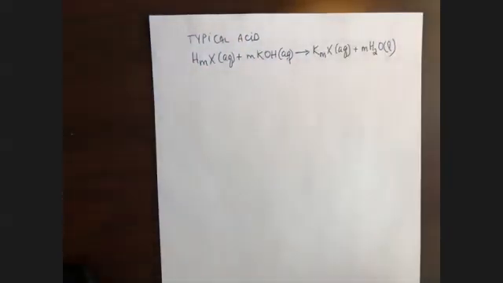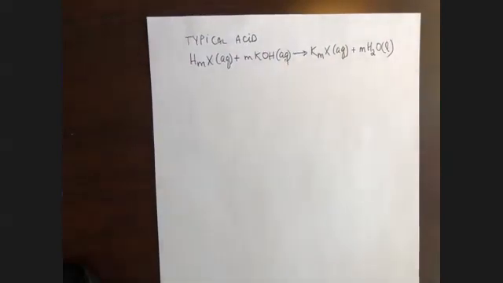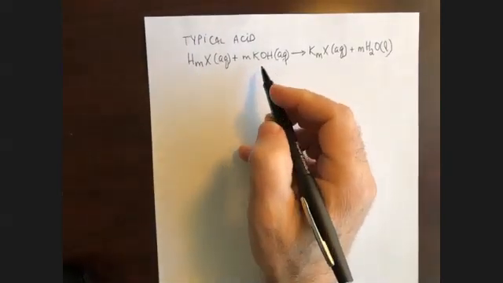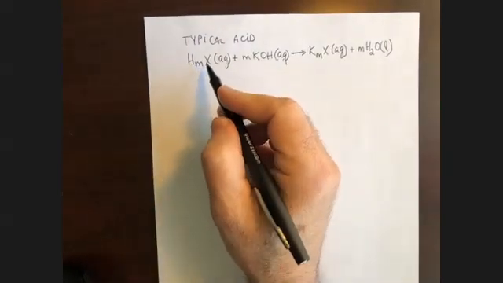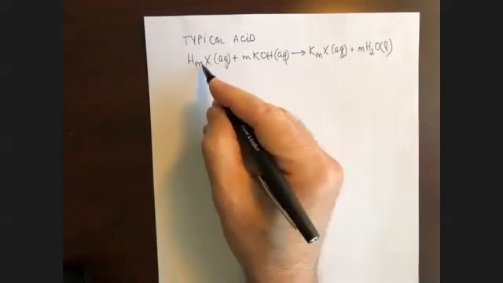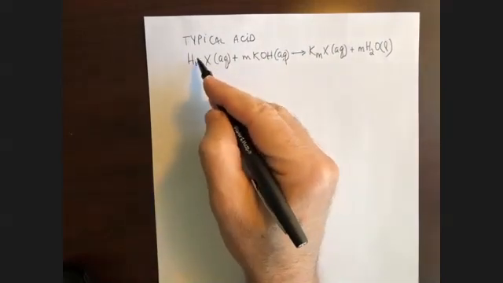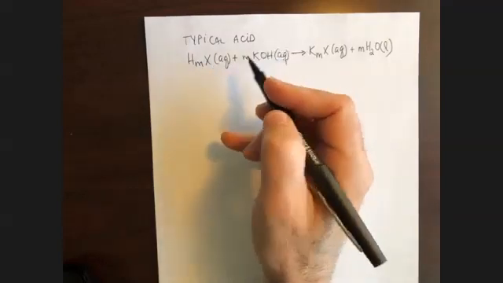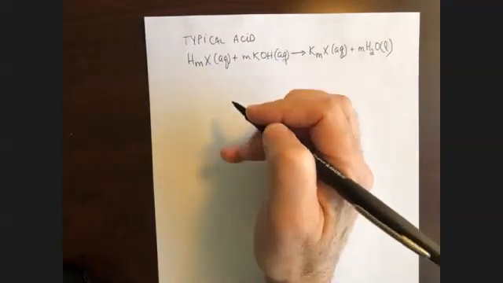Here is a typical acid. Let me explain briefly what these things mean here, all right? Remember that when an acid reacts with a base, and here I am representing the acid as HMX, all right? The subscript here represents the number of hydrogens that this acid has that are ionizable or that can be transferred, right? Remember that in the